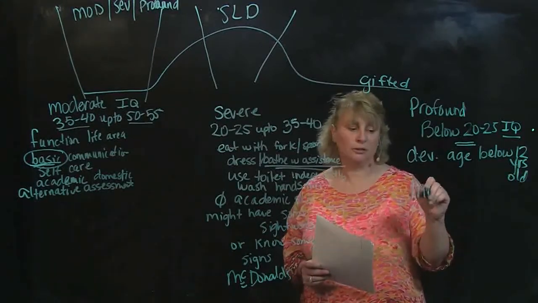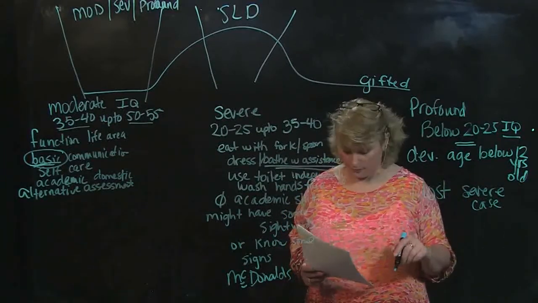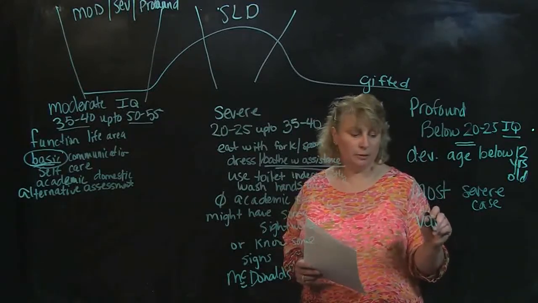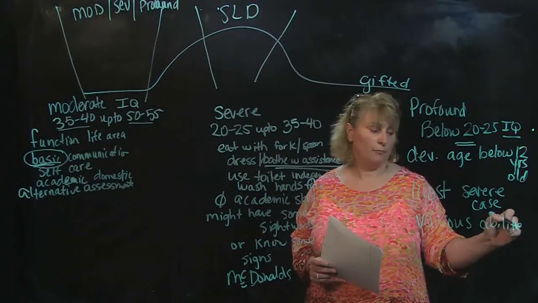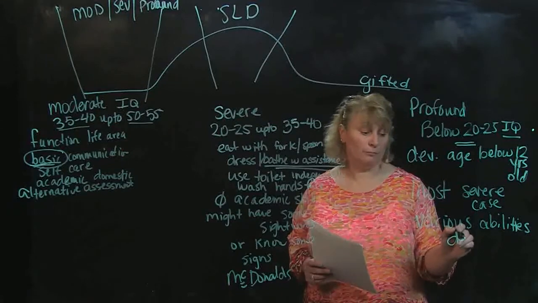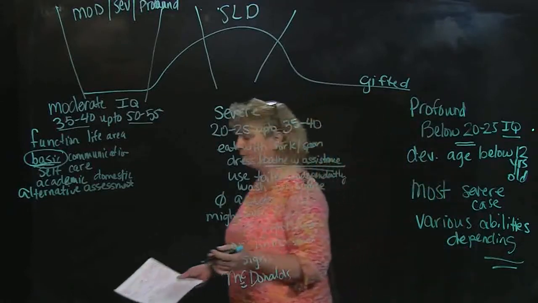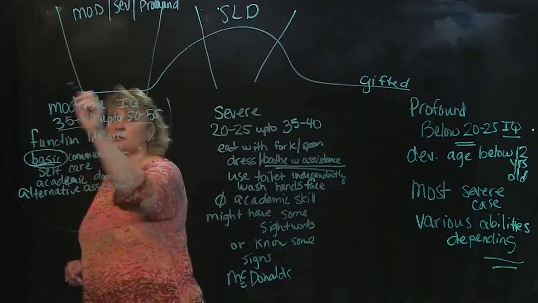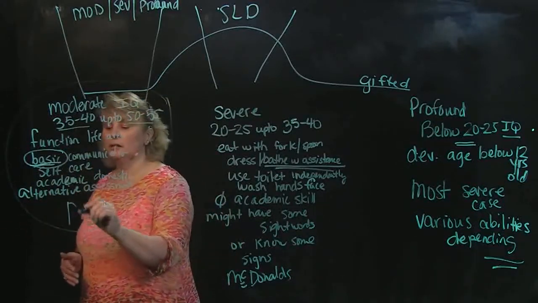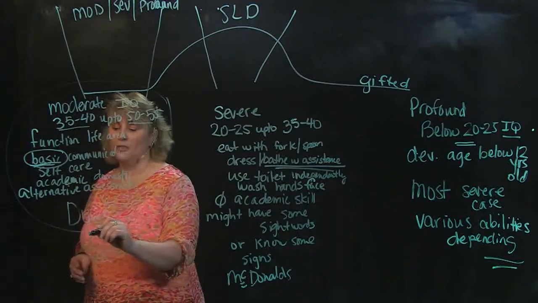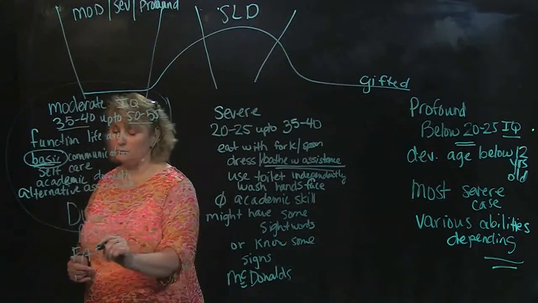Okay, here's your most severe case. They do have various abilities depending on what they can do. So if you think about, here's your group of students that you're generally going to see at school. You're going to have your Down syndrome, your ASD population, your fetal alcohol syndrome students,